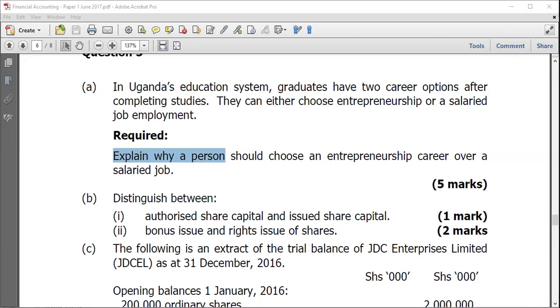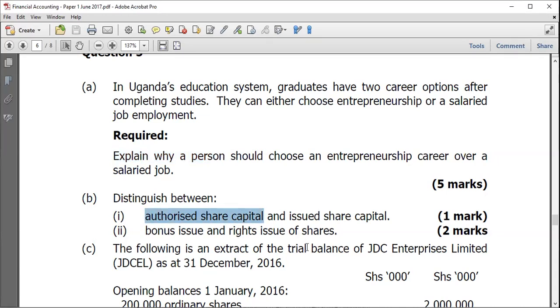So such questions may not really require you to have exact, very similar answers. The way you think about it may be totally different, okay? But at least as long as you're able to give what best suits the kind of question, and as well as being able to give examples where possible, okay? Yeah. So the other part of the question was asking us about